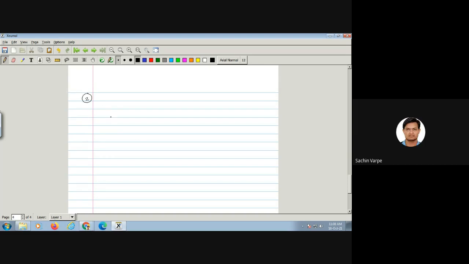Chalo, no one is replying, so I am giving you one more question, and I am waiting for your replies, answers. Accordingly, I'll give the marks for this tutorial. F of z equals z upon (z minus 1 by 4) into (z minus 1 by 5), and ROC is given to be mod z greater than 1 by 4.